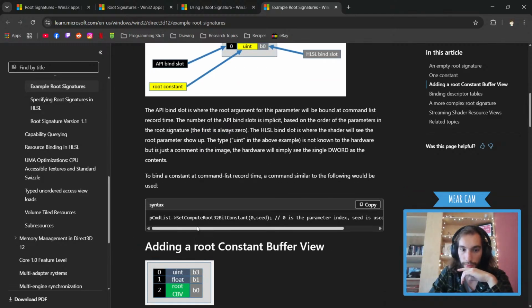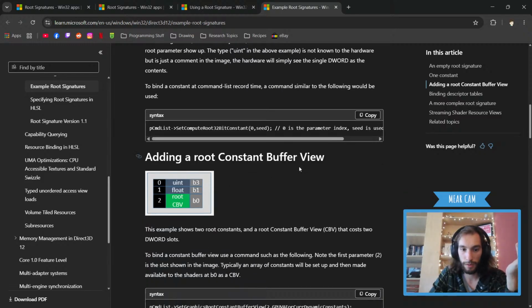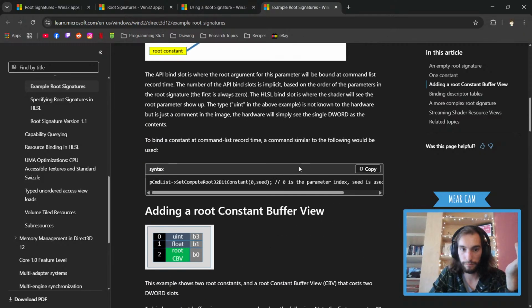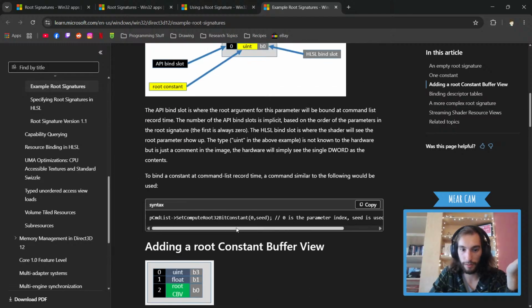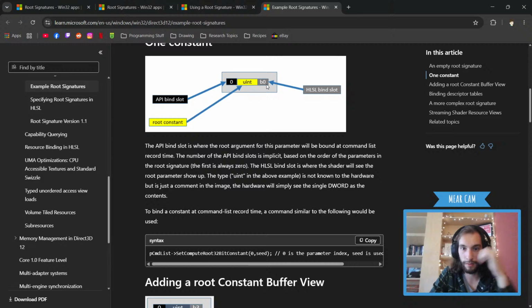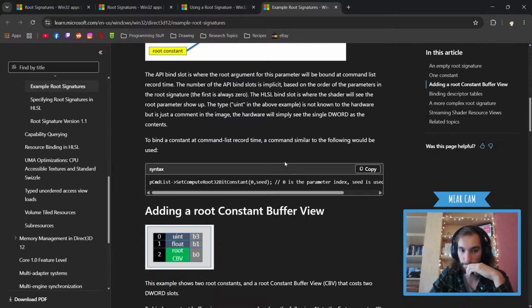So to bind constants, a command list is that. So just set it in there. And what do we set in there? Seed. So whatever seed is will be in there. To bind the command list.